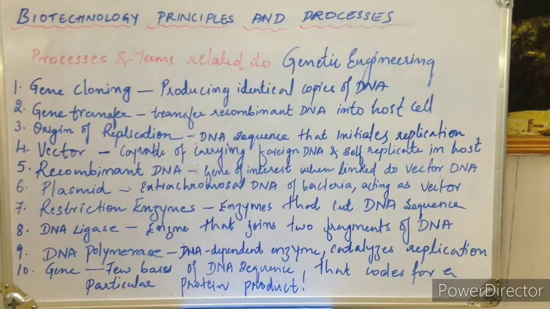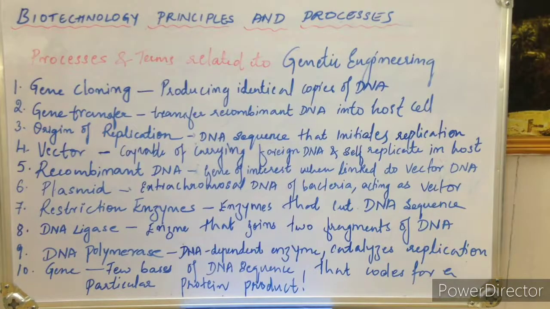As we all know, the polynucleotide chain is made up of nucleotides, joining of one nucleotide with another nucleotide by a phosphodiester bond, right? So this particular DNA ligase is going to form the phosphodiester bonds and it is going to join the two DNA sequences. One is the gene of interest and the other one is the vector DNA. Not only the gene of interest and vector DNA, any two DNA fragments can be joined together with this DNA ligase enzyme.